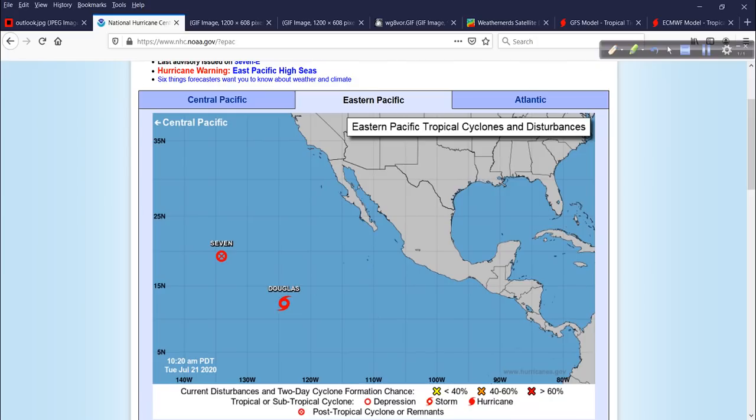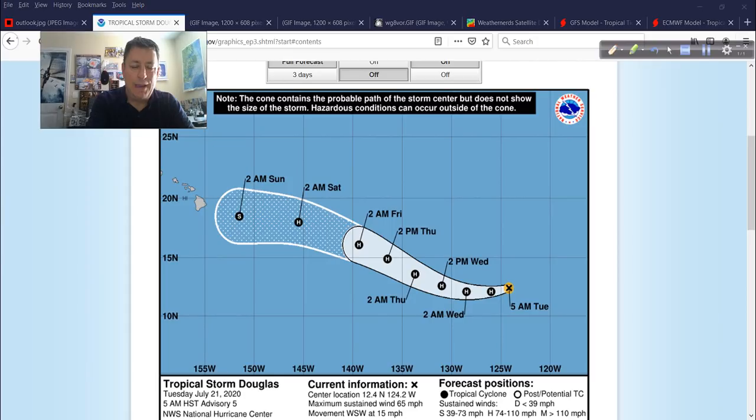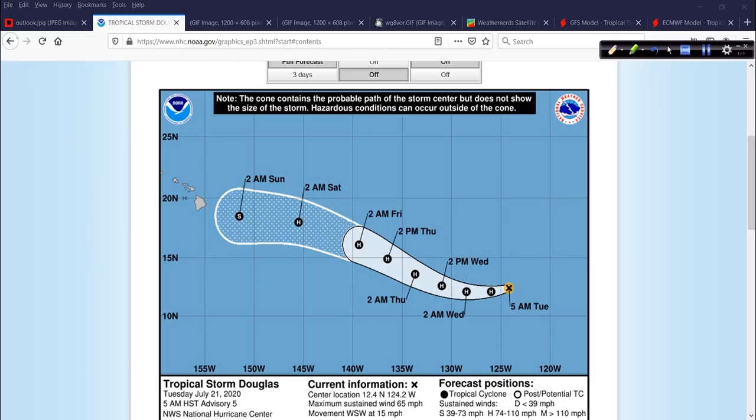In the Eastern Pacific, real quick, so we don't ignore that, Douglas, maybe down the road a piece, a concern to Hawaii for rainfall and moisture. Not because I think this is going to be a hurricane threat to Hawaii, but possibly some increased trades, maybe a few extra gusty winds from time to time here and there, and the increased threat of rainfall. So the big island of Hawaii and elsewhere along the chain there. You guys watch this, I'll watch it too, and we'll talk about it. Not going to ignore you